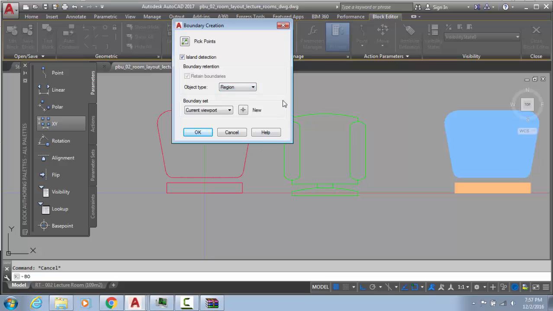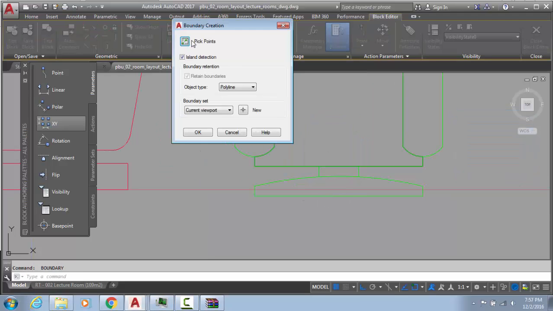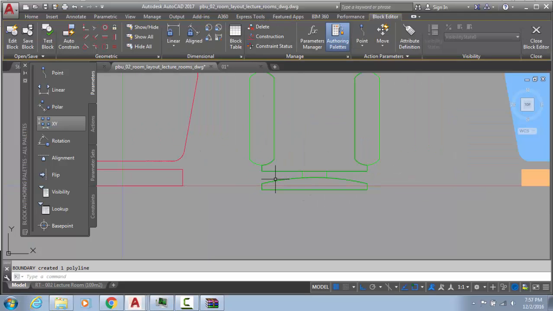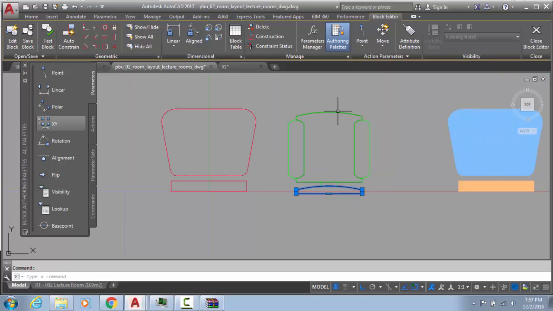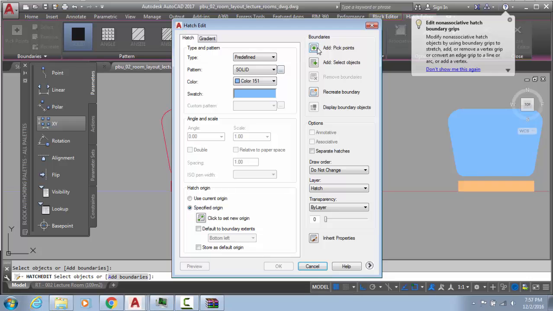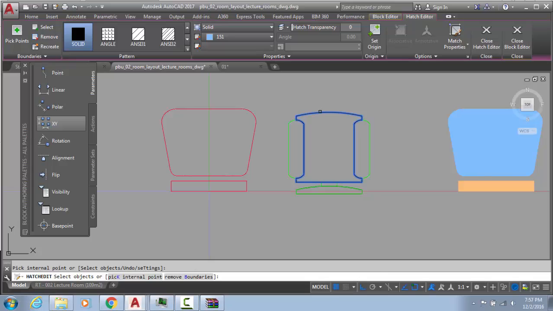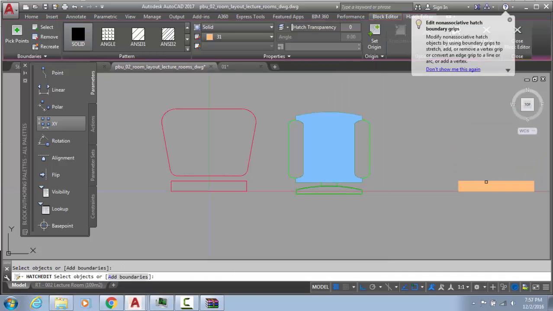region, so polyline, pick point, select, enter, same thing, boundary, pick point, select, enter. Now I got two polylines, first polyline and second polyline. I will replace this by hatches: hatch edit, remove hatches, this one, okay, add pick points, sorry, I don't want pick point, I want to select objects, select, enter, same thing, hatch edit, remove boundaries, okay, and add selected objects,